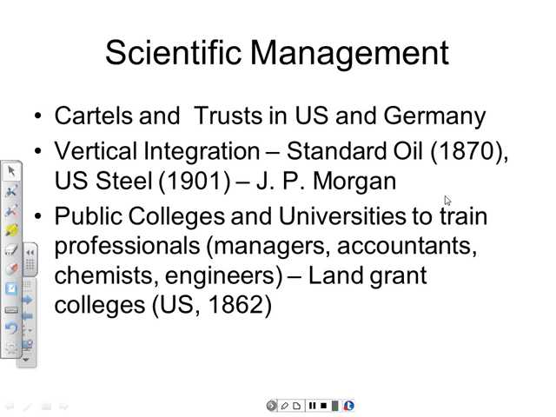But he said, this is not productive enough. I can be much more productive if I control all aspects of the industry, from drilling to transportation, transporting the oil, to refining it, and then marketing it. So basically, that's what vertical integration means, all aspects, up and down. Vertical means up and down, right? So all aspects from drilling the oil all the way to refining it and then distributing it were controlled by